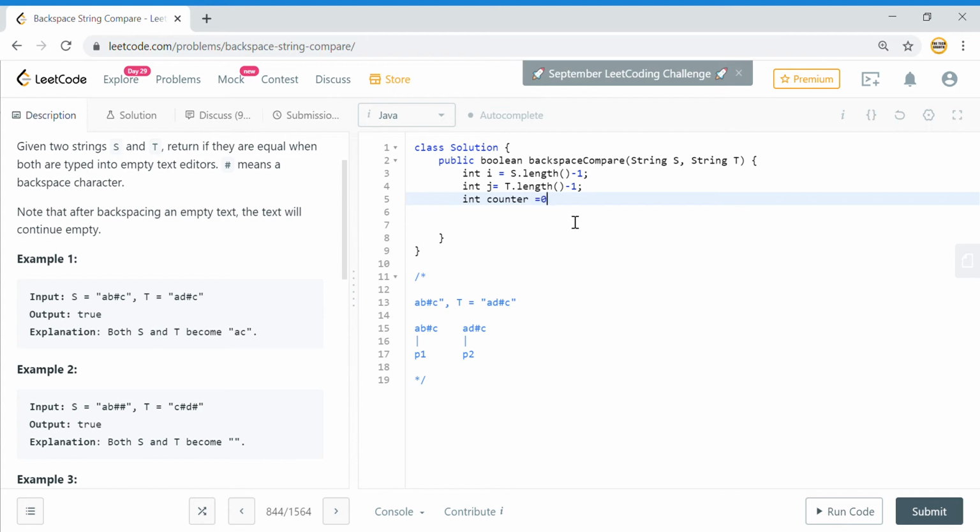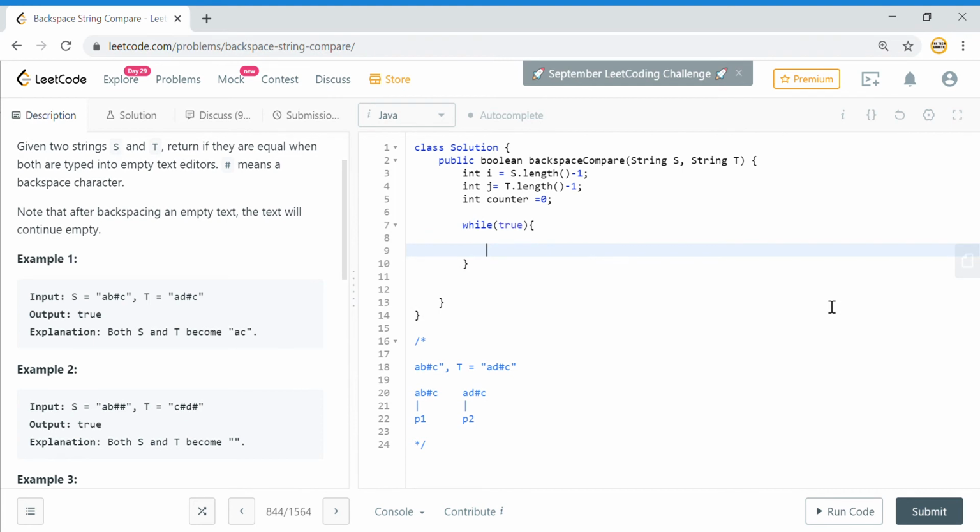This will be 0 initially, and it will count how many hashes are present which we need to skip. Now we can put a condition like while equal to true, because whenever there is a mismatch we can just break out of the loop, so no need to give a condition here.